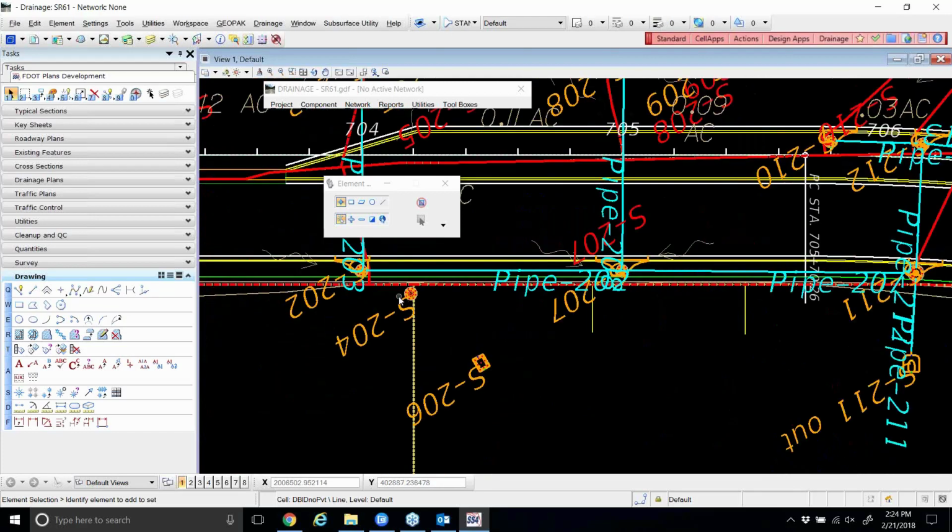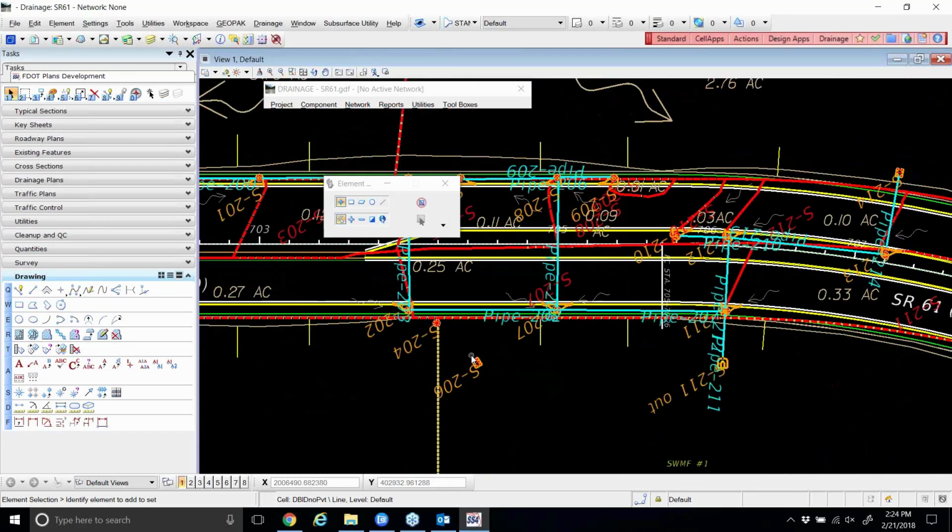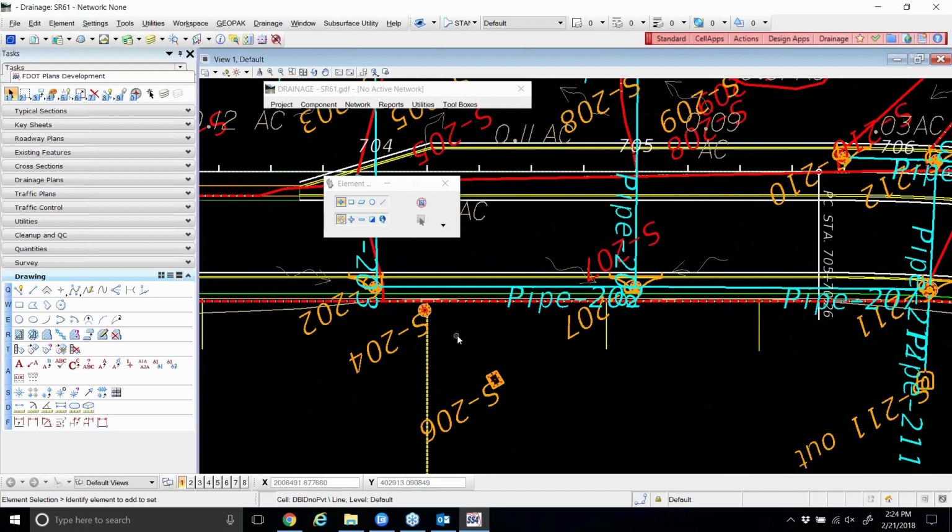So we have an S204 and a 206. They're not connected to anything. We're going to get some error messages and some warnings about that probably. Definitely, if we had a link between 204 and 206, we would get an error message. It does not like stray pieces out there. It'll still build the network and it'll still work, but it really does not like to have those extra pieces